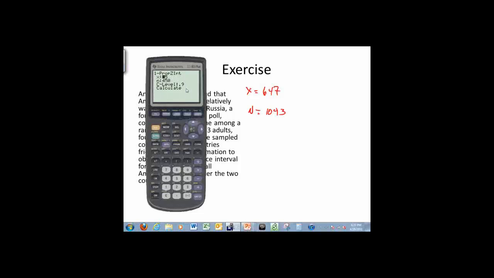So here, notice that it's just asking for three things: X, N, and the confidence level. So X, 647, and N is 1043, and our confidence level is,